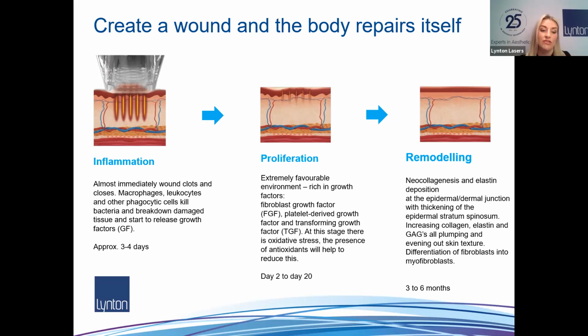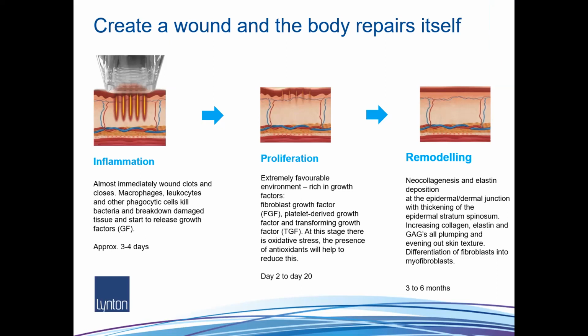So within the inflammation stage, you get macrophages, leukocytes, and other phagocytic cells that kill the bacteria, help to break down the damaged tissue, and start the release of growth factors. This typically lasts for about 3 to 4 days. And then by the time you get into the